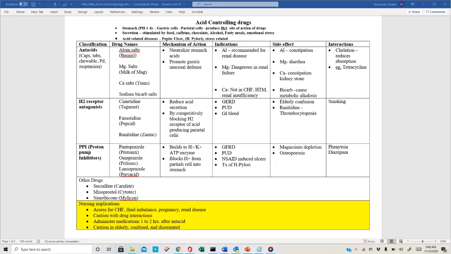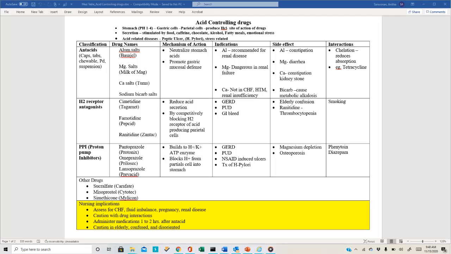Then the last thing to talk about here is nursing implications, especially when we talked about where we should be not giving, or if we give it, what we should watch for. And also to make sure that patients should not be eating after an antacid, right? And then elderly, and what do you teach for the elderly? This is where sometimes you might have some struggles trying to pick what is the most important teaching to be done here when a patient takes, maybe for example, ranitidine in an elderly,